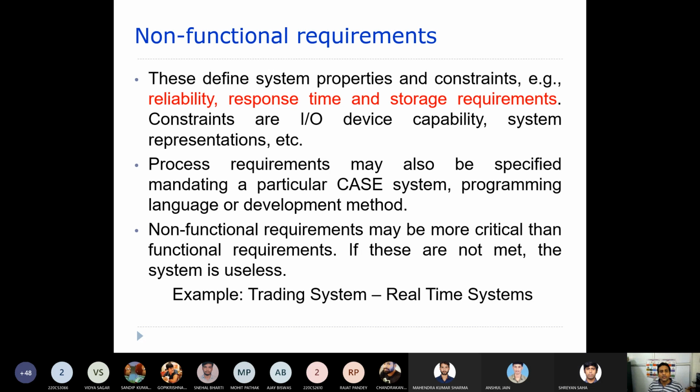Okay, right. So there is something like storage requirements or this sort of thing. All those things will be categorized under non-functional. I mean, let's say the application or the software you developed should not take more than 1 GB of data or more than 500 MB of data. Okay. Or it should not fail at all. So always the reliability should be very high. Okay, the response time should be like this, or maybe the performance should be like this. So the system should be able to handle 1,000 users at a time.